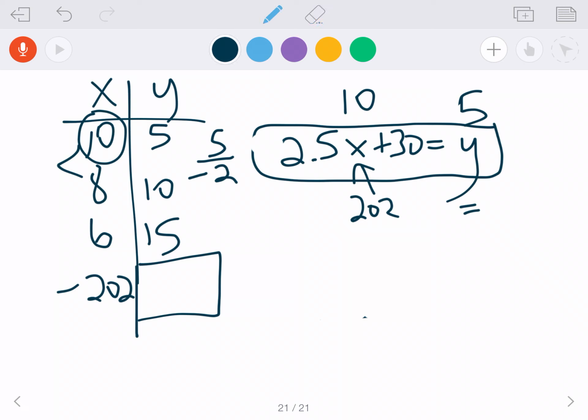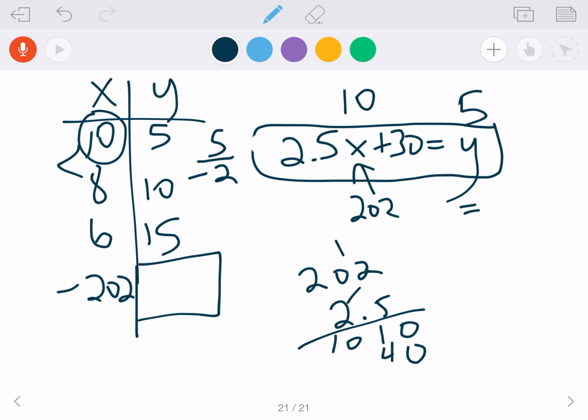I don't have a calculator, so let's just go 2.5 times 202. And let's just forget about the decimal for now. 5 times 2 is 10. Carry your 1. 5 times 2 is 10. Don't forget to put a 0 because you've moved over one place value. This 2 is in a place value that is 10 times bigger than the place value that 5 is in. So we do the same thing, 2 times 2, 2 times 0, and 2 times 2. Add that all up, 0, 5, 0, 5. Now for the decimal placement, we just go 1 over, and we go 1 over. That's it. So the answer is